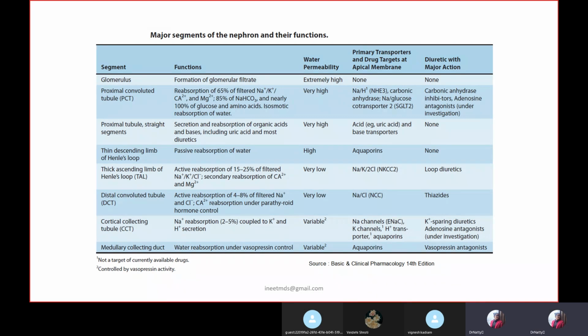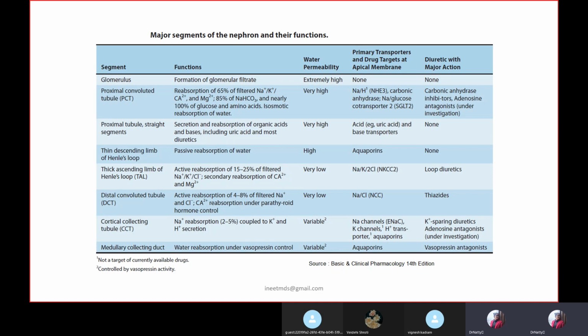Next one, the major segments of the nephron and their function. Even if you don't understand a lot related to this table, it is very, very important. But at least the most important point from this table is the proximal convoluted tubule, distal convoluted tubule, and the collecting duct. So proximal convoluted tubule and the distal convoluted tubule and ascending limb, in all three, if